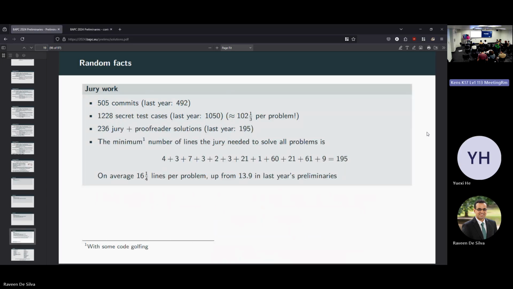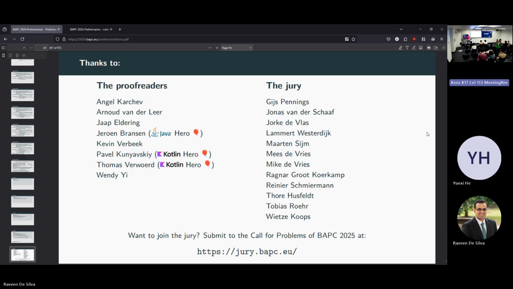That's pretty evil. You already have code golf solutions down to less than 200 lines total. If they're golfing number of lines, why don't they just put it all on one line? I think that is kind of